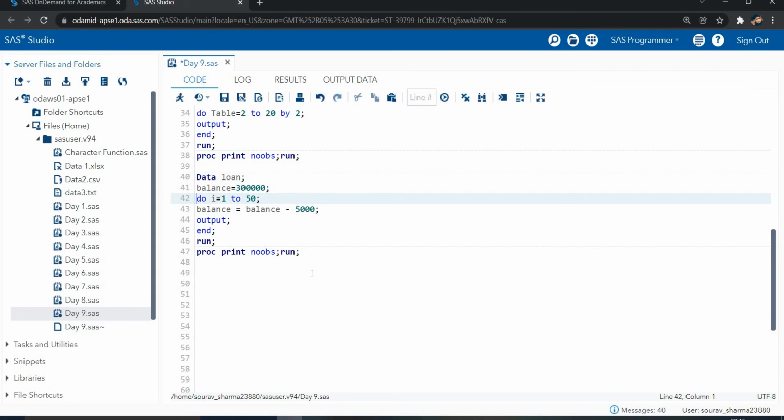So this is useful for calculating the balance amount and the EMI also. This is a very useful statement. You can also write the increment statement, the by statement. Let's suppose I'm paying quarterly, so by 3, for quarterly, or for 6 months, half yearly, or yearly. So this is all about the do statement, how we write the do statement.